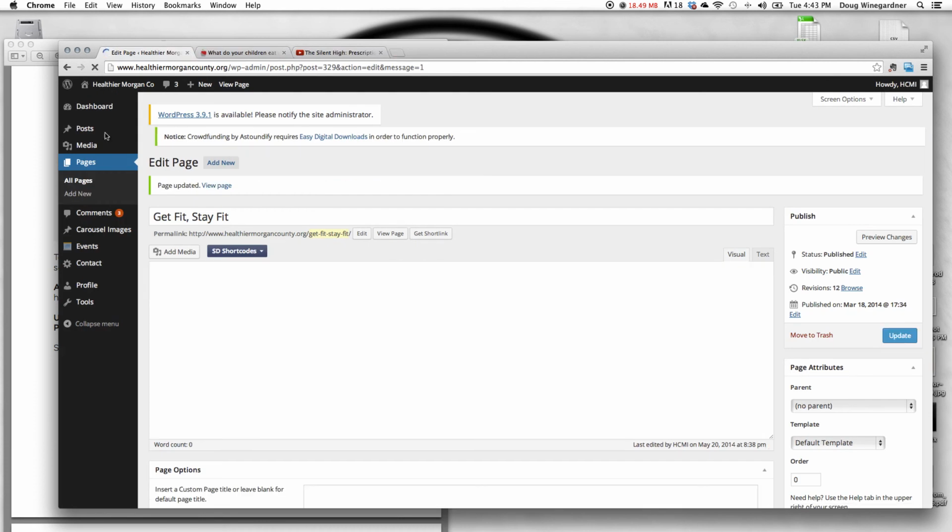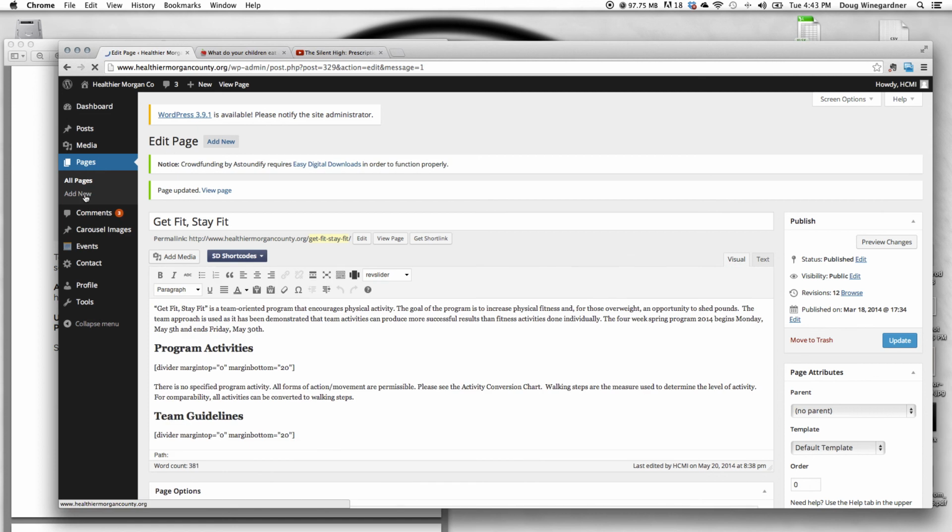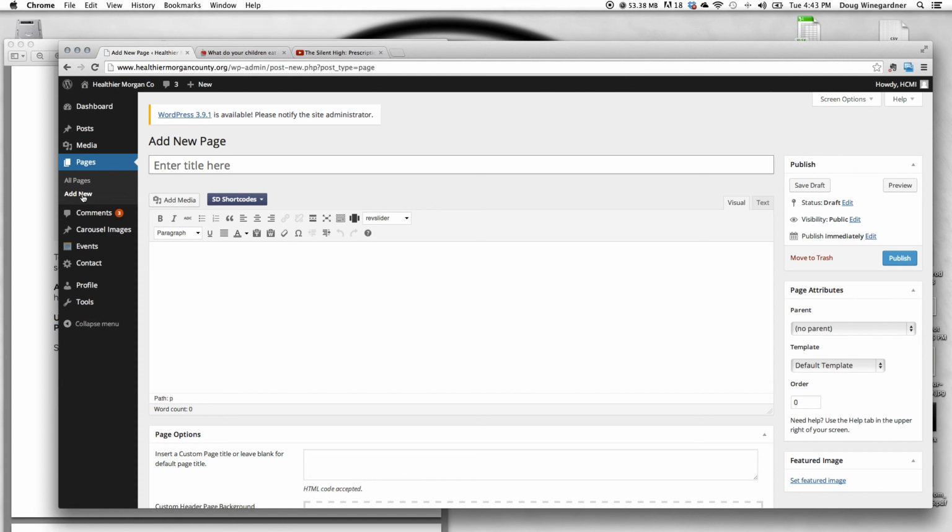So as we go through here, let's say you have a new page that you want to add to the mix. One option is at the top of every edit page that you might be currently editing, you can click this Add New button. But we just recommend you go to this drop down, which will tell you Add New. You just click Add New right there, and it'll give you a blank template to work with, much like the post page. And so you can add a new page, and you can add new content just like before,